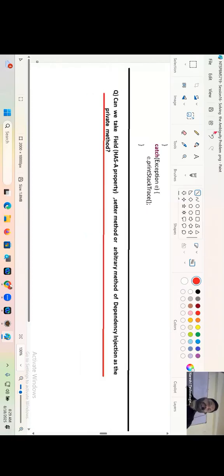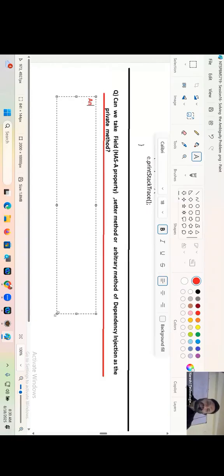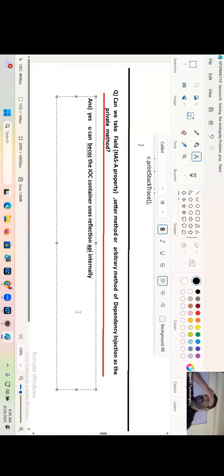As the private. Tell me guys, what is the answer? Yes, you can. Because the IOC container uses reflection API internally to get access to